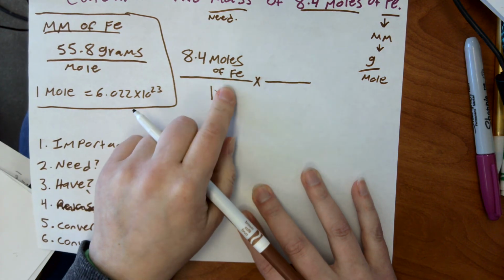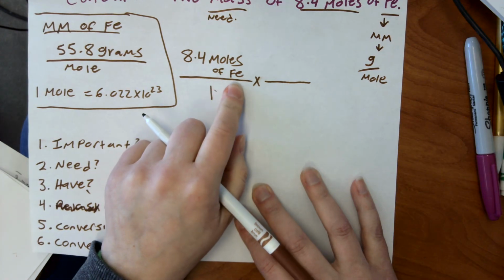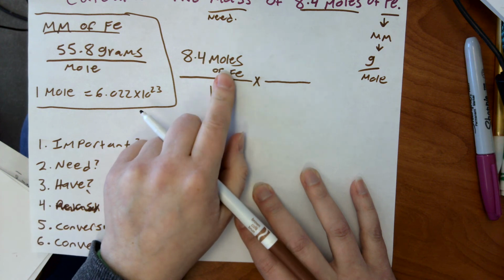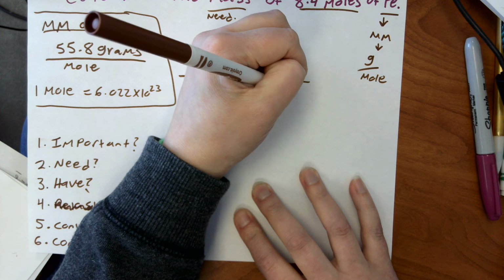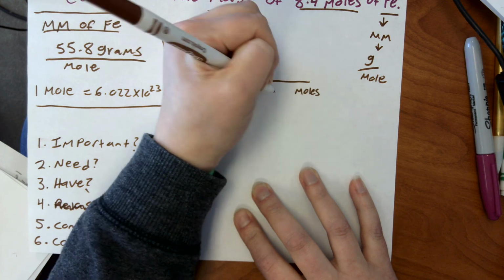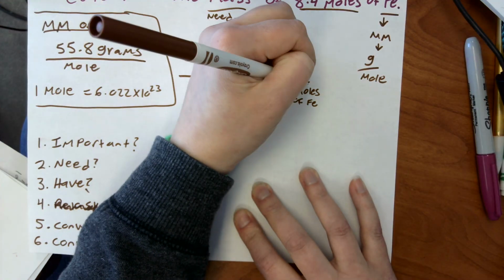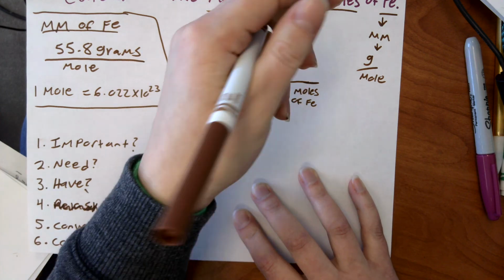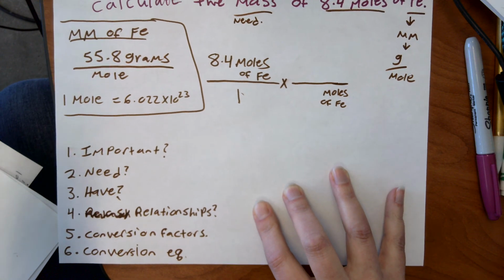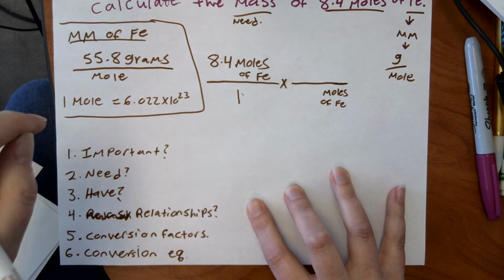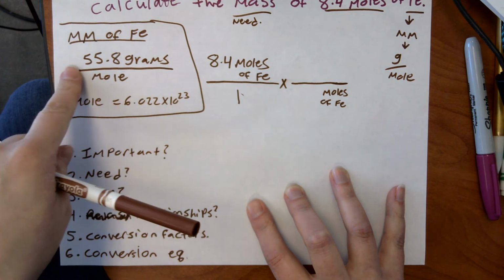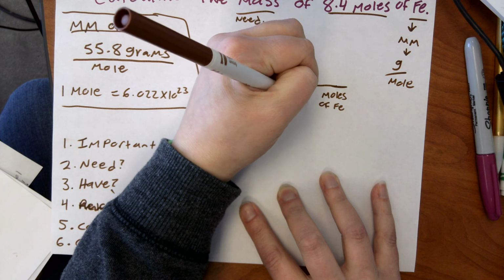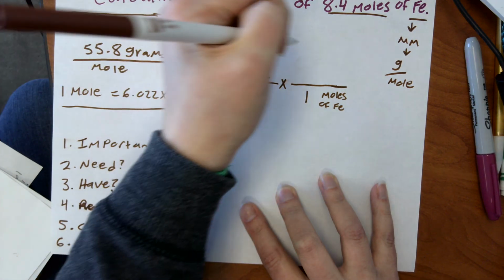Now, do we have a conversion? So what we need and what we have, let's look at our relationship again. We have moles of iron. We want to get rid of that. So we have to have moles on the bottom. And we know we need to answer in grams. So is there any one of our conversion factors that can take care of that right away? Well, this one has both mole and grams, so this one's going to take care of it all for us at once. So we know that 1 mole of iron is equal to